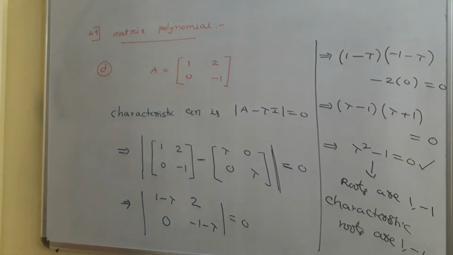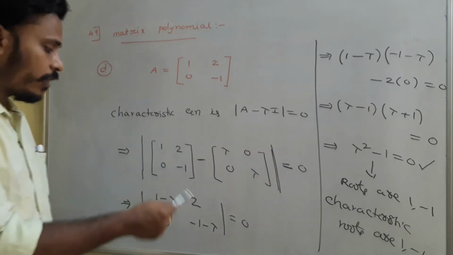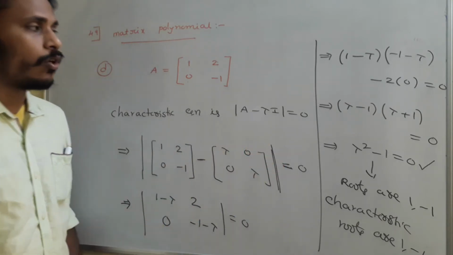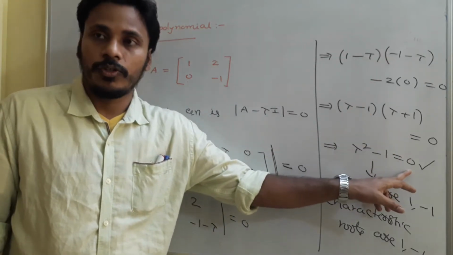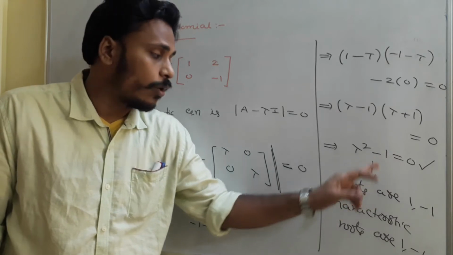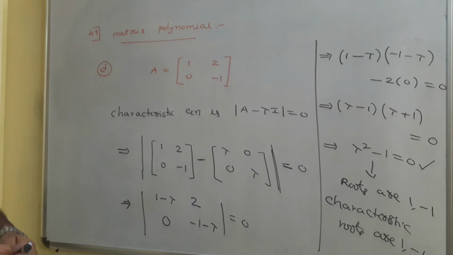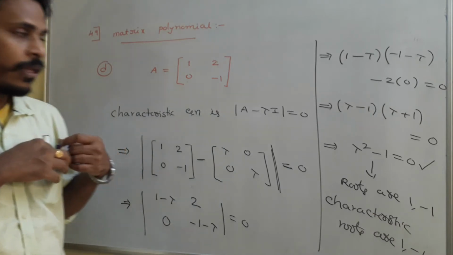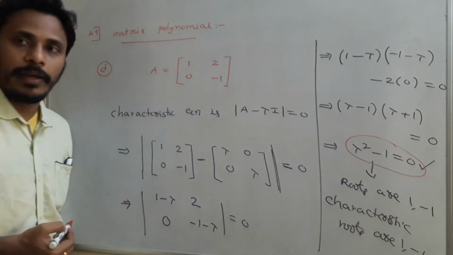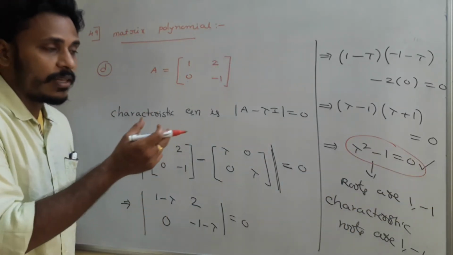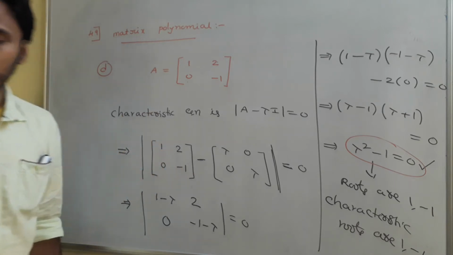So the characteristic equation is simply the determinant of A minus lambda I equal to 0. With that we have this determinant equal to 0. If you use AD minus BC equal to 0, lambda square minus 1 is equal to 0. If you solve this equation, you will get lambda values as 1 or minus 1, and we call them characteristic roots. And one more thing: here, this is the characteristic equation, lambda square minus 1 equal to 0. Then we say that lambda square minus 1 is the characteristic polynomial also.